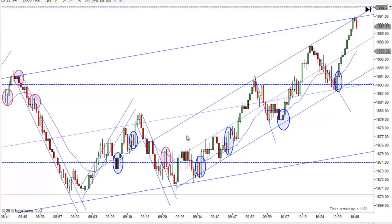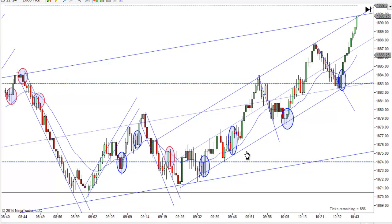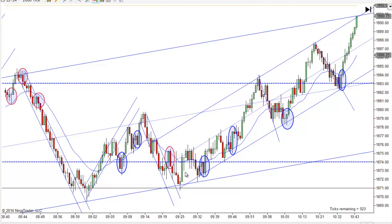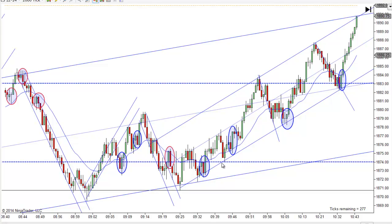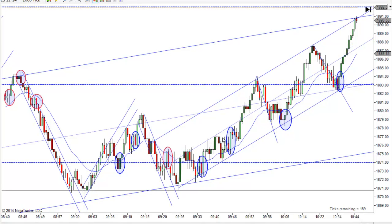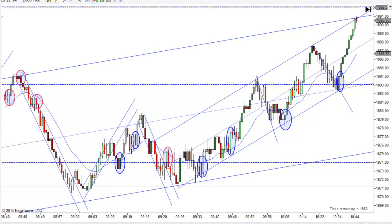And don't pay too much attention to the long traps, because what happens is you just get whipsawed going both ways. I guess what I'm saying is that counter trend traps are not as reliable lately. I want to be careful how I say that, because you're still looking for the traps. A couple of these I've circled because they're traps, but you want to be careful that you don't take traps that look like they're counter trend,